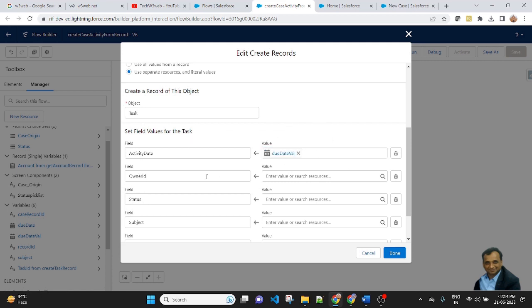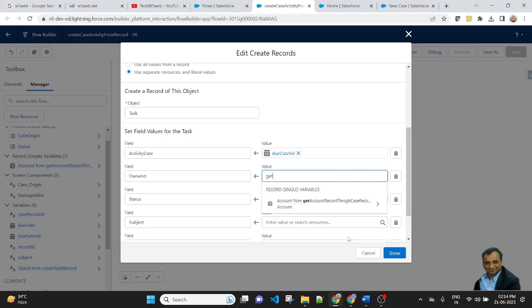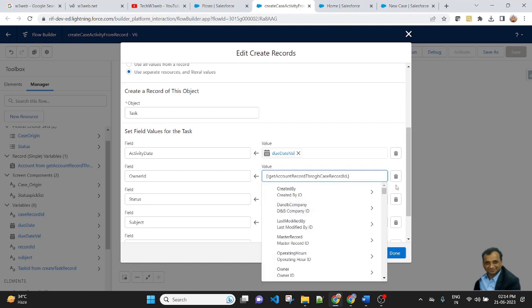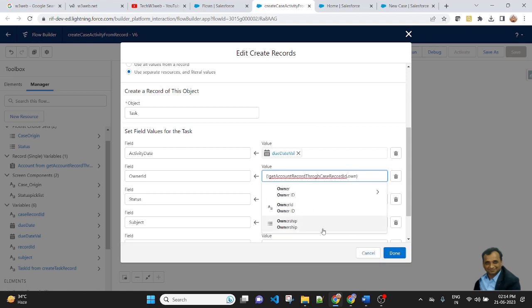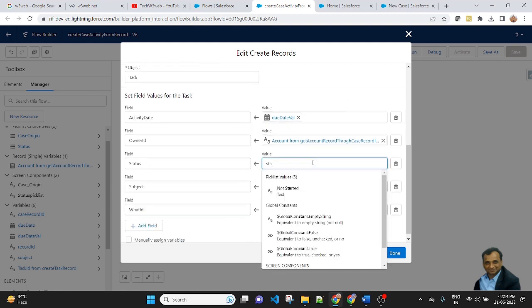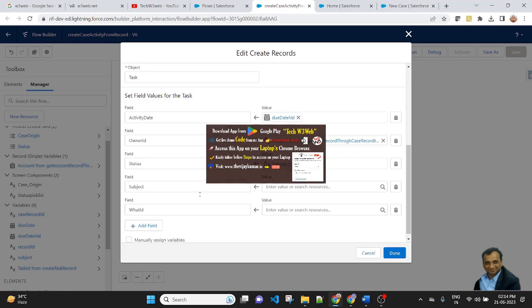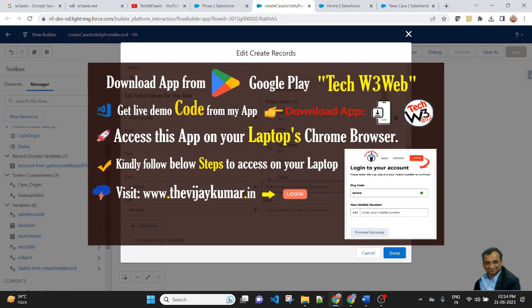Owner ID will be passed from the account. So owner ID of account. So here, get Account dot Owner ID. Here the owner ID value will be passed as the owner of the account. Status is a checklist value coming from the screen. For subject, the same way, I create a new resource.